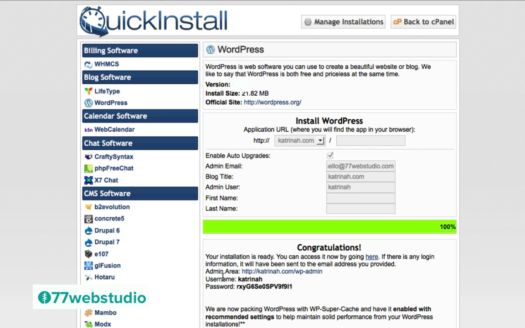And also note that here is the admin area login URL that you'll use in the future to access the login panel. To access your website in the future, you want to make a note of this link here. It's usually your domain name followed by wp-admin. So that's an important link to remember as well, so that going forward you can easily log into your WordPress website. Also make a note of your username and password. This is what you will also need, of course, to log into your website when you click on this link. So I'm just going to highlight this temporary password here and copy it. And then I'm going to click on this link here to log into my new WordPress website.